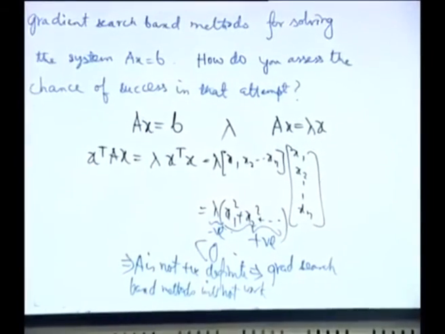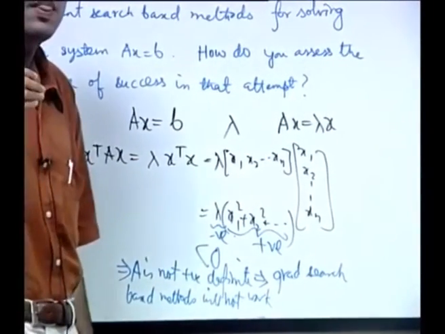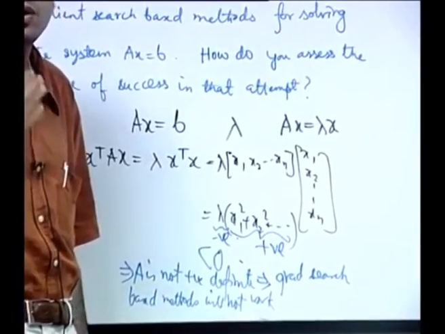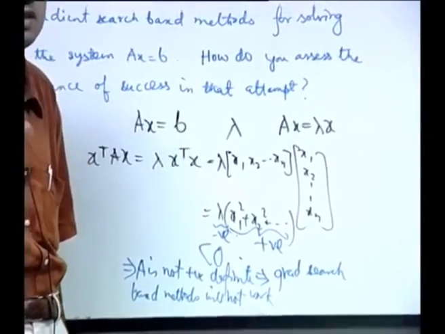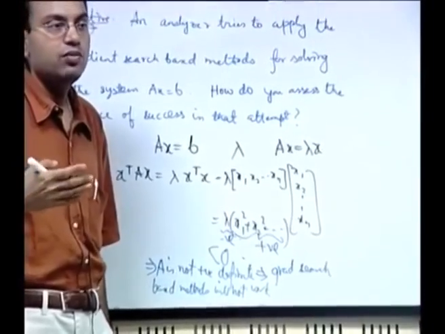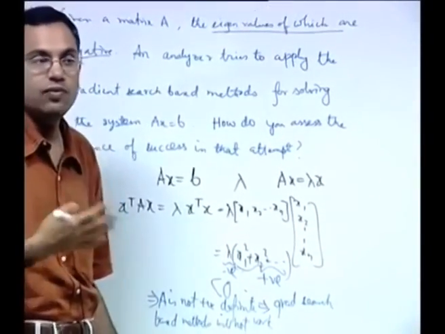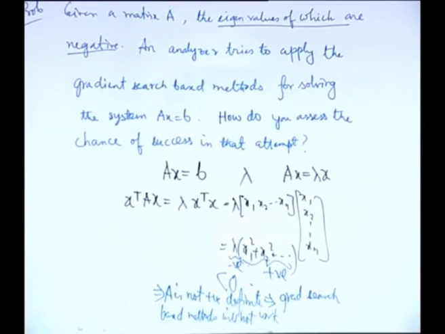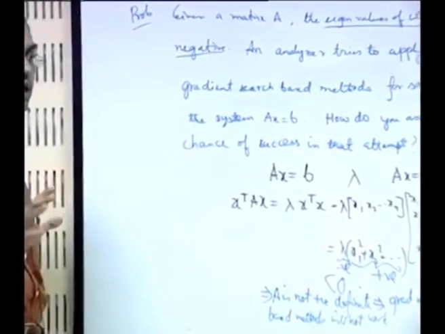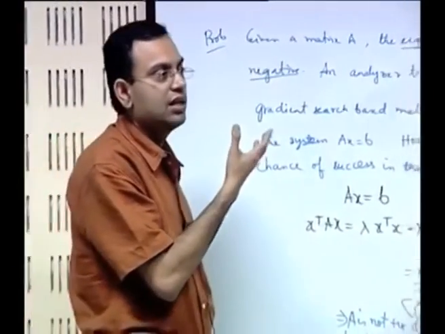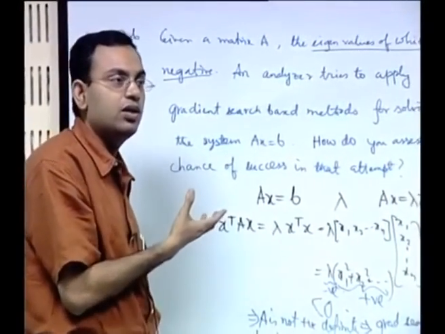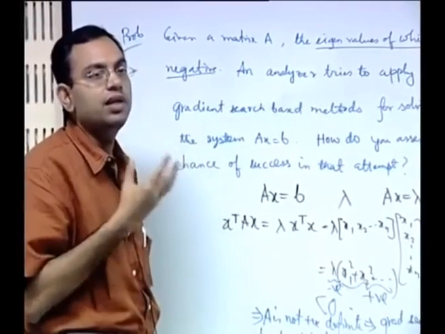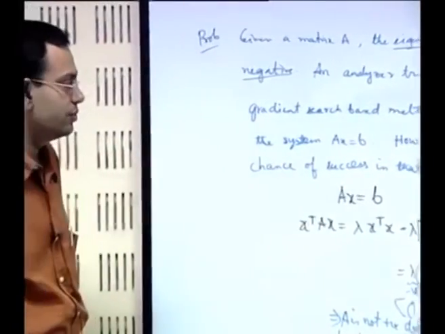Fortunately, in computational mechanics problems, most of the coefficient matrices that you derive from the discretization of a physical problem, many of those will be symmetric and positive definite, and therefore you can use this method, but you have to keep in mind that that is not an assurance. You have to first assess whether the coefficient matrix is symmetric and positive definite. Symmetry assurance is obvious, you can just directly observe and find out whether it is symmetric or not, but for assessing the positive definiteness you have to be a bit more careful.